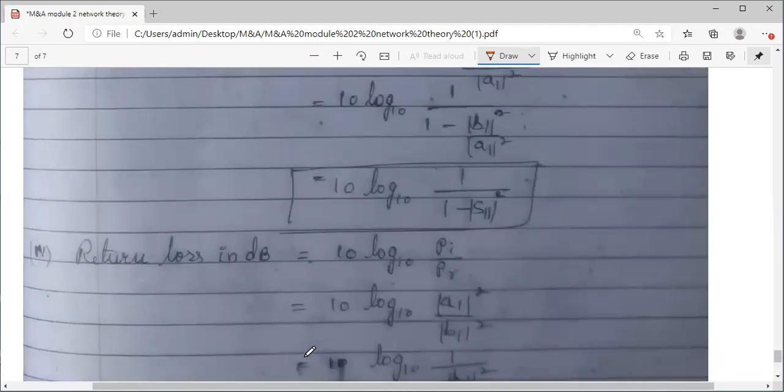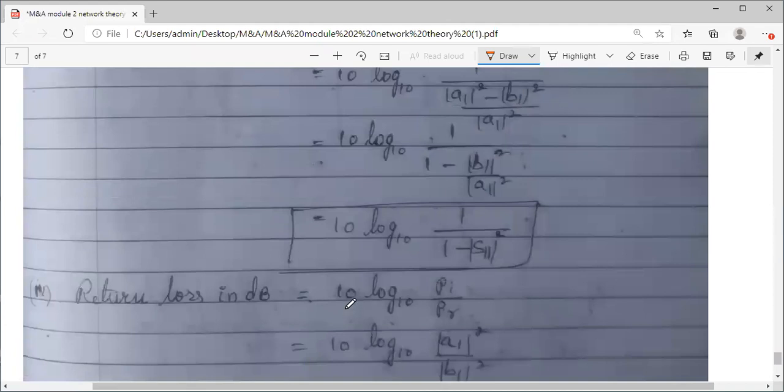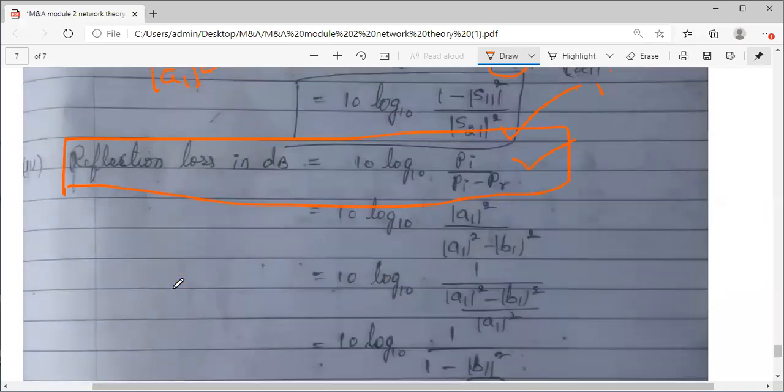And there is one more loss, that is called return loss. Return loss is given by 10 log Pi by Pr. So these two are given as work to you. Four losses: insertion loss, transmission loss, reflection